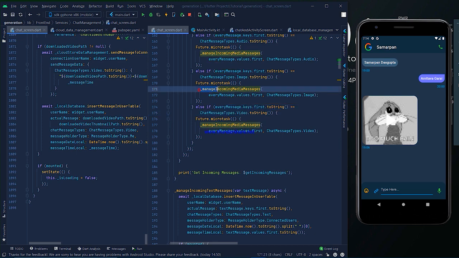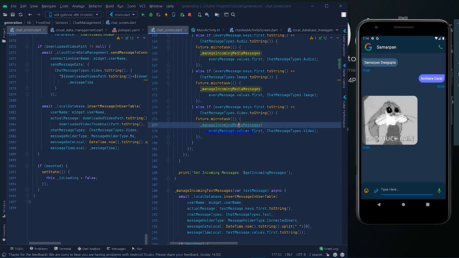I explained in the previous video that manage incoming media messages is a common method for dealing with incoming media messages like image, video, document, audio and other media files. So here I also switch to that method and pass two arguments: just like before, the every message values dot first, and then the incoming message type, which for now is the video type.